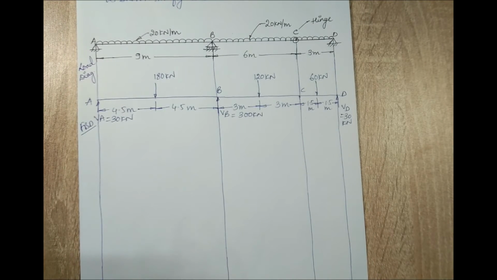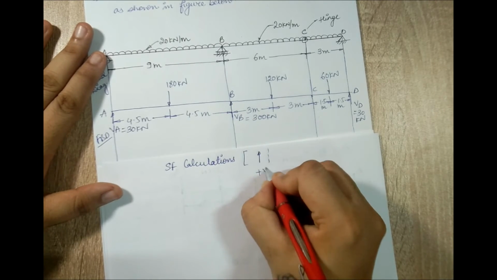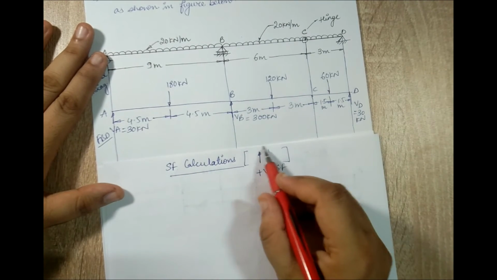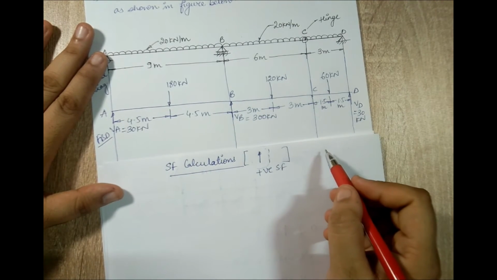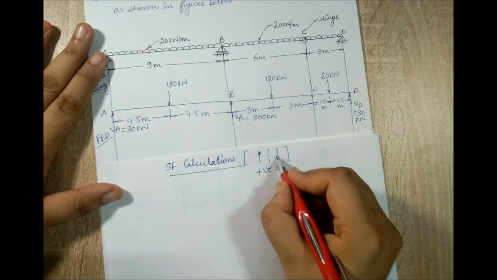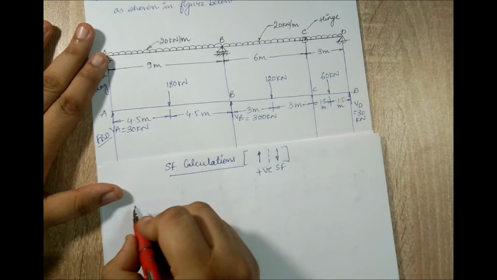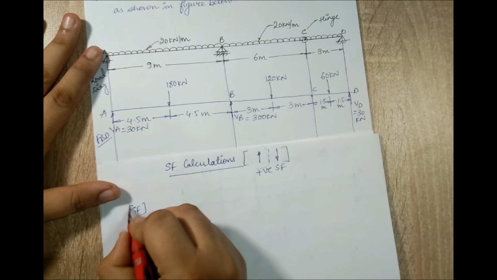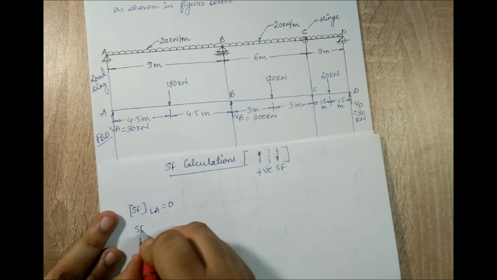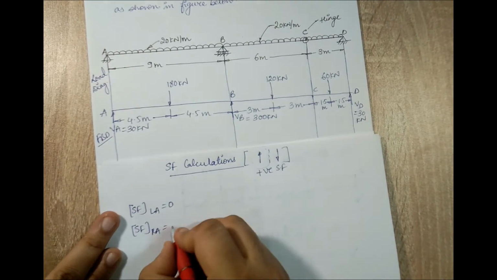So let's start with the SF calculations now. To the left of section, if I see any force going upward, I'll say it is positive shear force. When I walk from left to right, I'm going to use this sign convention. Suppose if I walk on the beam from right to left, then I will say that to the right of section, any force going downward is positive shear force. I'll start with point A. Shear force to the left of A is 0. It is self-explanatory. Now I'll go for shear force to the right of A. I'll walk a little ahead of A so I can see 30 kilonewton.